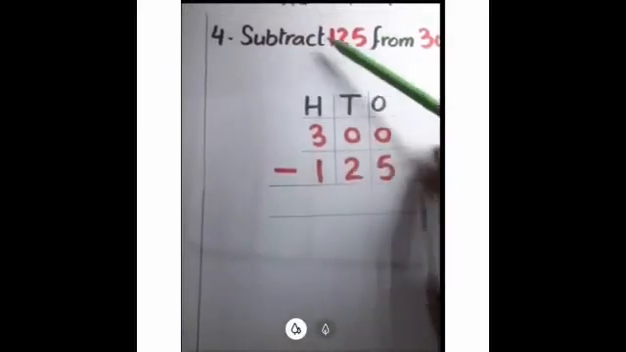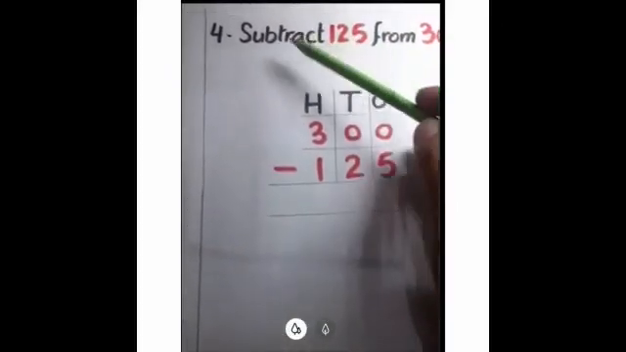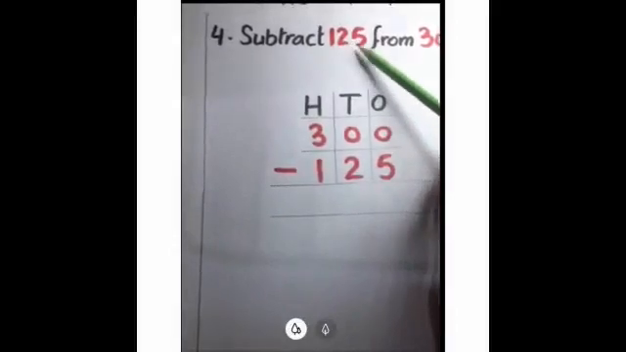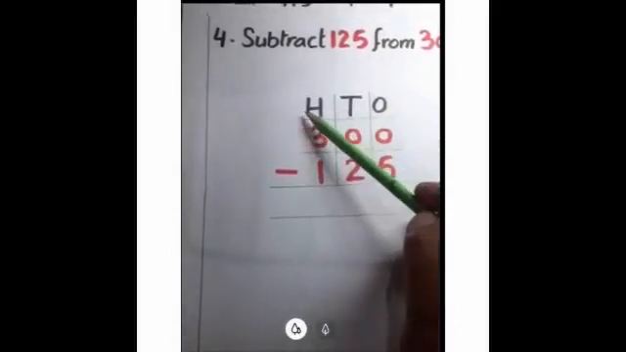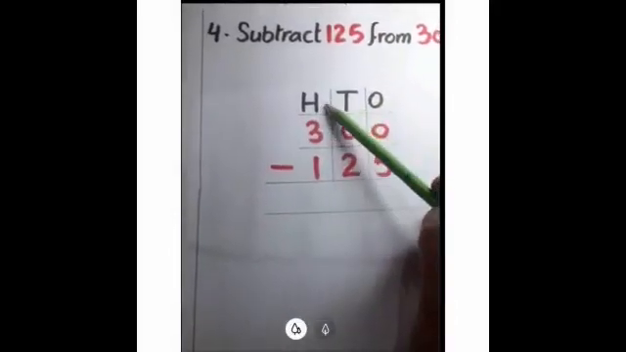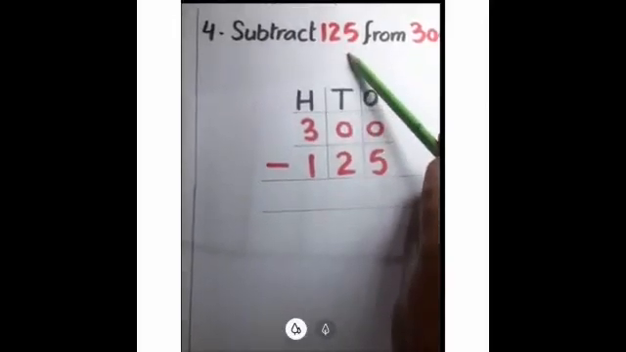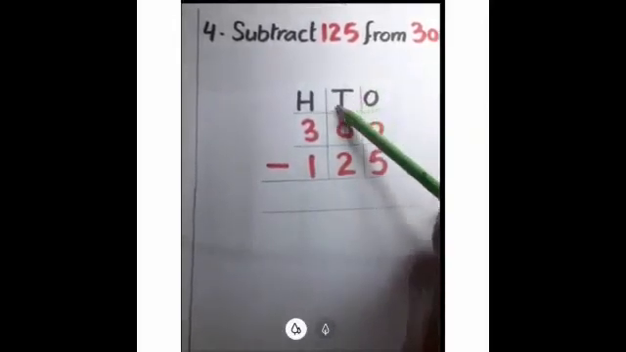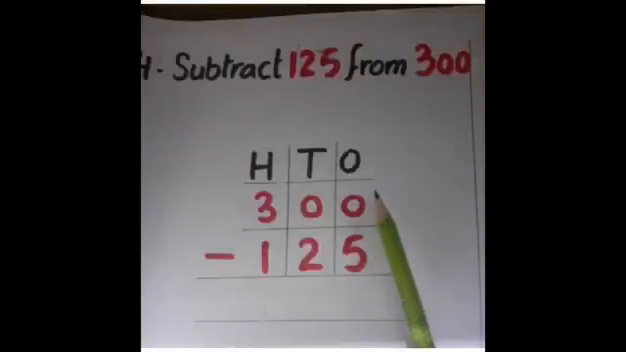Subtract means minus 125 or take away 125. I have written place values here: 1s, 10s, 100s, because there are 3 digits, so I have written 3 place values. Okay students, as you know, always start working from the ones column. There is 0, take away 5. You know, when the top digit is less than the bottom digit, you need regrouping. To regroup, you borrow one number